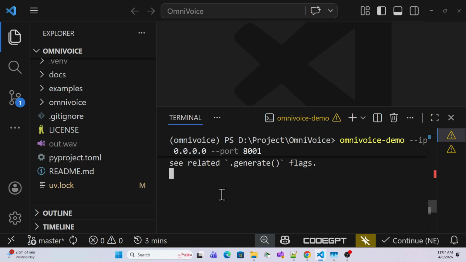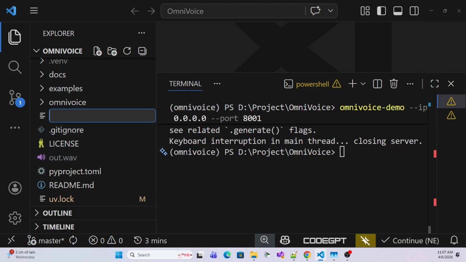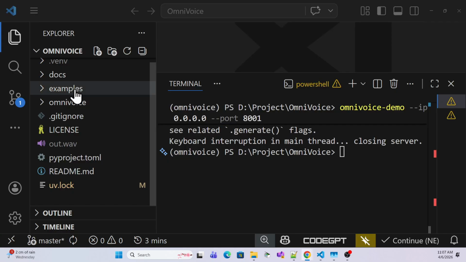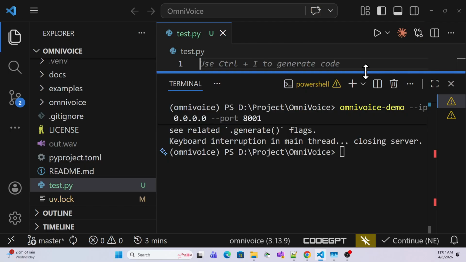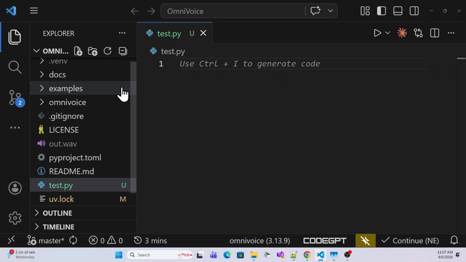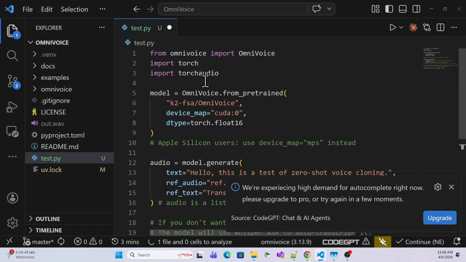So what I'll do, I'll simply close everything over here. I just terminate everything, and once you have terminated, now I'll create another file, which is a Python file over here. Let me create that, name it something like test.py, right? And this is my Python file. Let me close everything, and this is an empty file, right? Let me make it smaller, and in here I can create a program, and this is a normal program